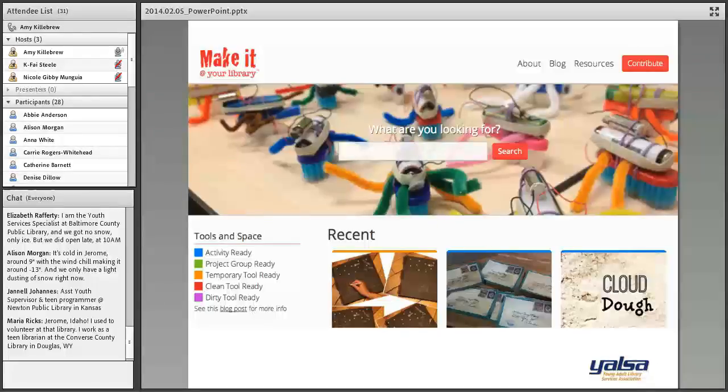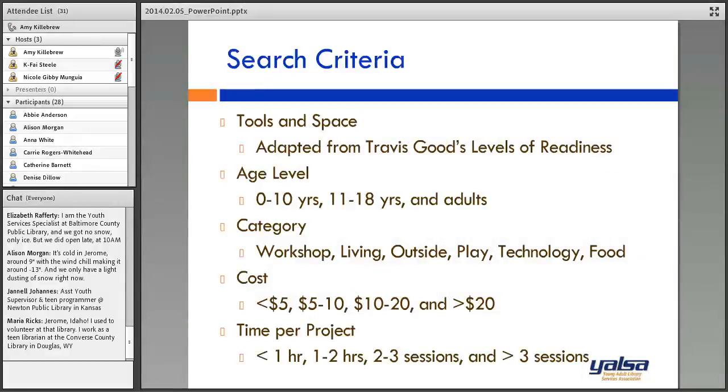But the real heart of the site is the indexing that we've done, which allows you to search according to criteria that's important for planning, like age appropriateness, cost, time, and some of the more unique but incredibly useful criteria like our tools and space category. And the tools and space category